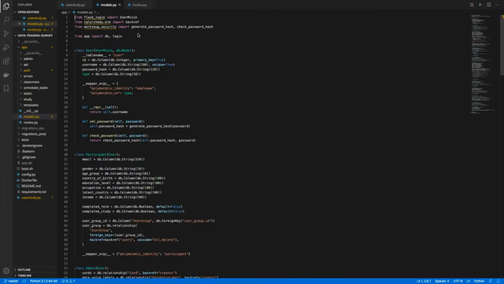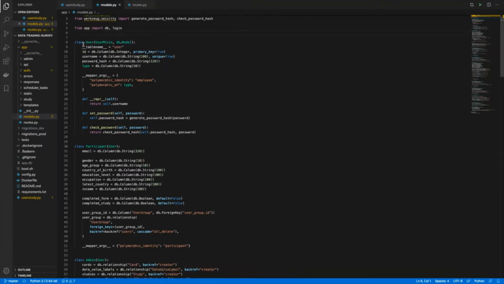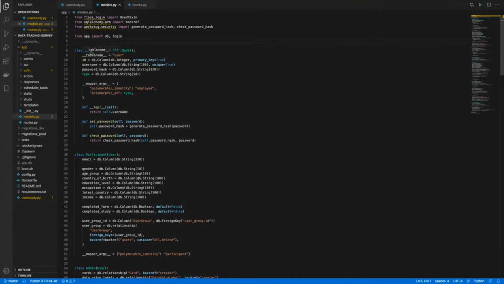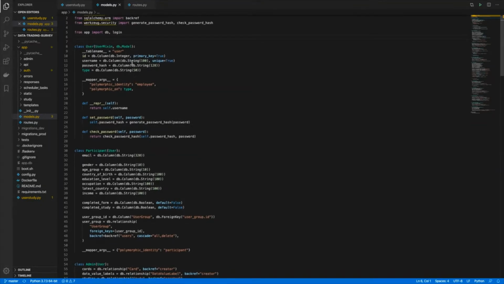This models.py file earlier, I'm using Flask SQLAlchemy, which is a wrapper for SQLAlchemy, which is an object relational mapper. So here you can see multiple classes, and each class represents a different table in the database.